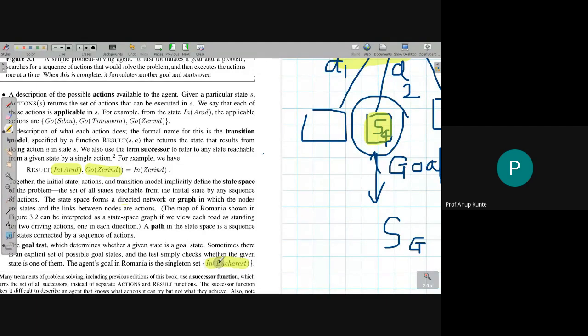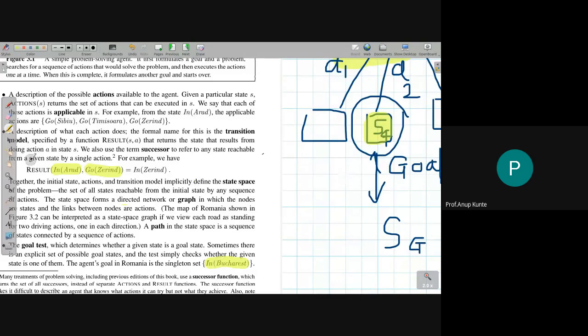So the goal test is nothing but my loop termination criteria. A positive goal test means I have reached the goal. I can organize it any way; it's a Boolean test of whether my goal is reached or not. It will tell you that. If you have organized it like a while condition, then while the goal test fails, you continue looping. When the goal test is satisfied, you come out of it. So how to organize it in code, that is your headache.